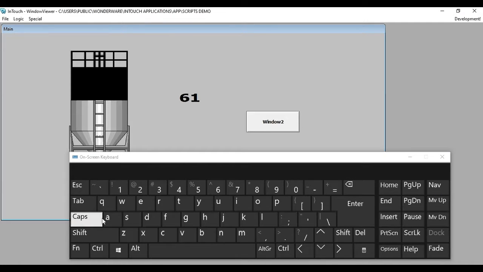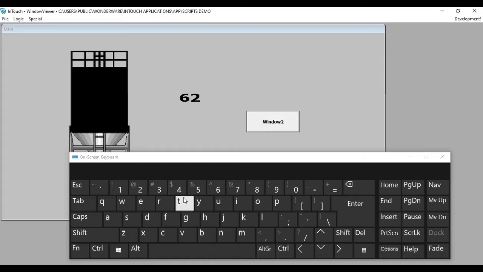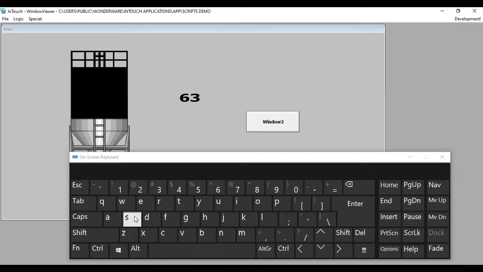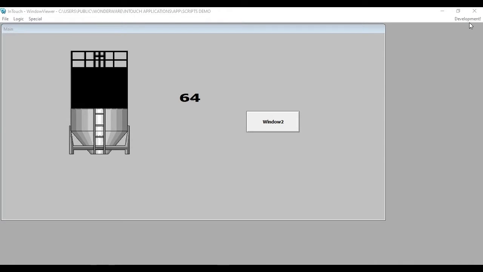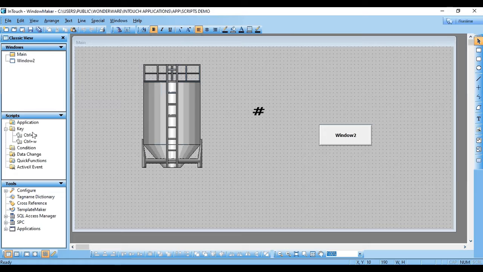Just select the window, press Ctrl and W. As you can see, the window has changed. Control plus M. So you can assign any script, turn on a switch, execute anything by using key script. Hope key script is clear.